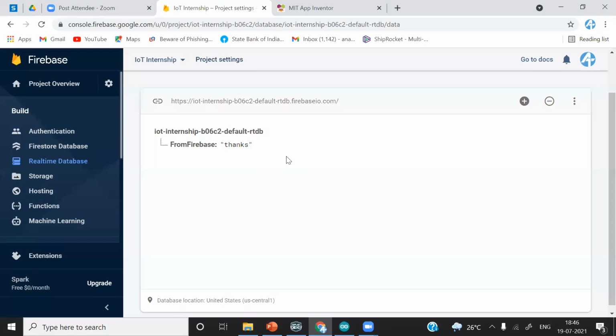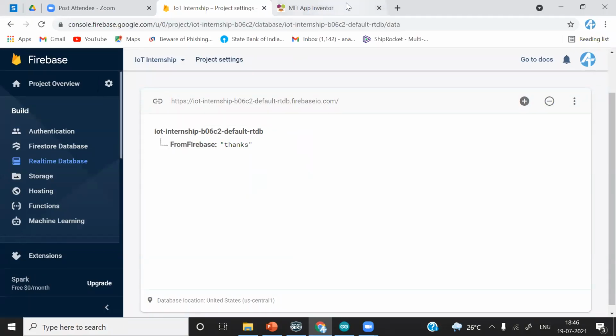We will send data to the ESP8266, and from that data we will control the LED of the ESP8266 module. There are going to be two buttons, LED on and LED off, and from those buttons we are going to control the LED of ESP8266. And from ESP8266 we are going to receive a random number or integer from the serial monitor and observe it in our Android application. So both the things we earlier learned in this session, we are going to implement in a single application, and we will perform it.